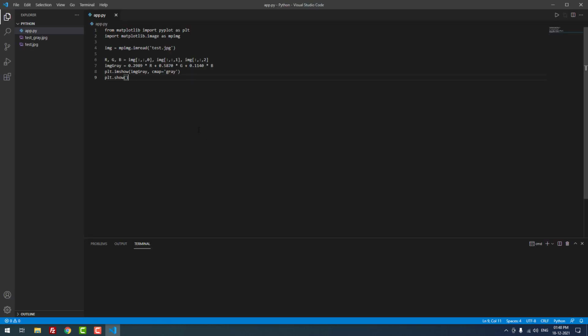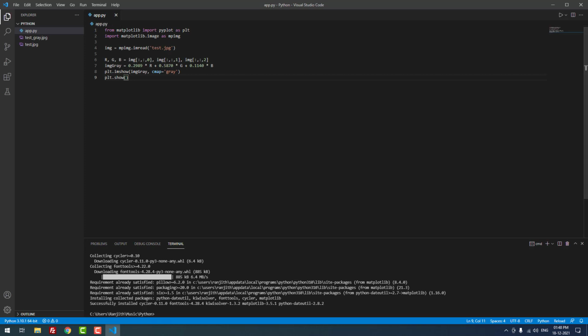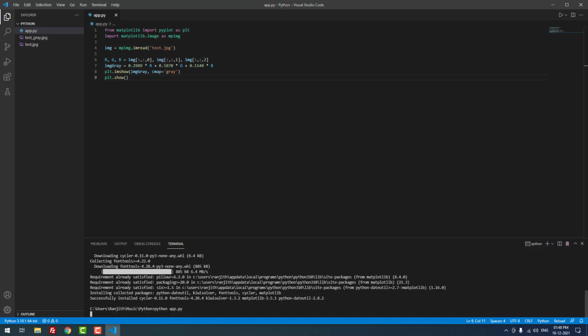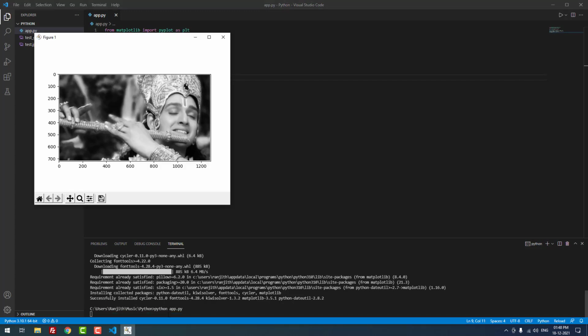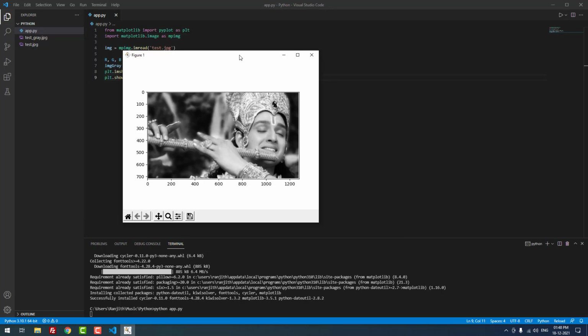Let me reload the window. That's it. Now I am going to run this project using the python space app.py command. When I hit enter, it is showing the output in a new window. You can zoom, you can go to home, you can save the image using the save button. You can do anything you want.